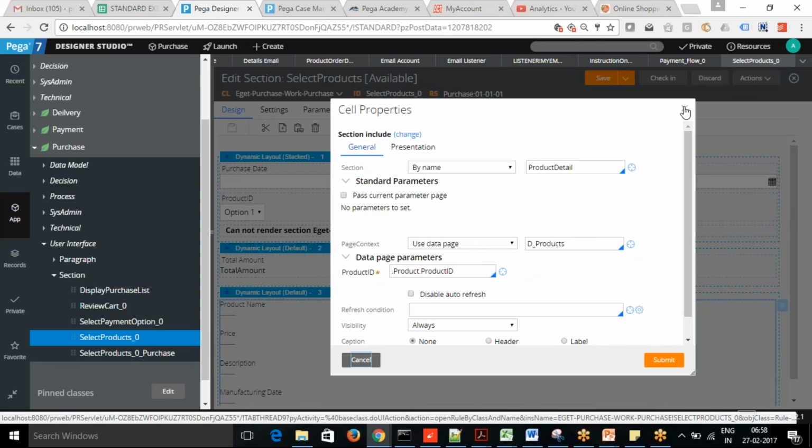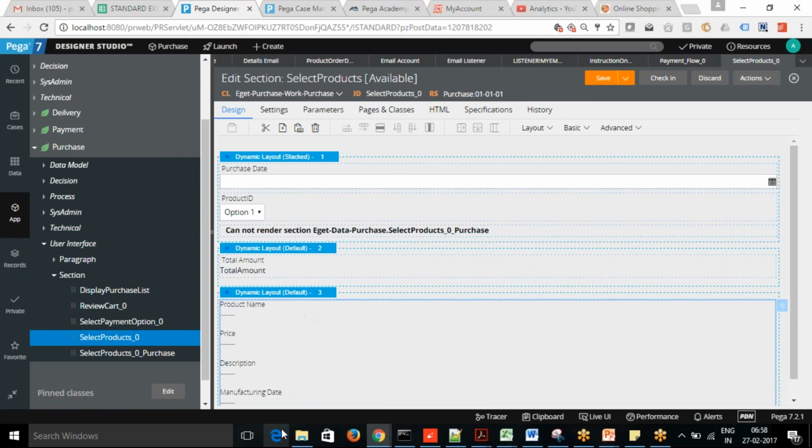From there, I'm getting these 4 values and displaying them here. That is pretty common: the primary key we pass, and then it fetches all the details related to that from that table.